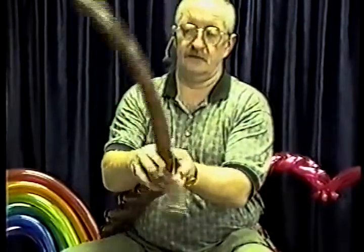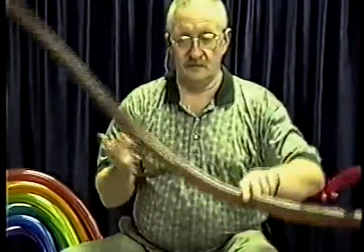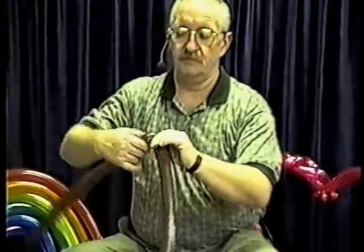Holding your hands close together, spin the tube like you would make a candy cane, all the way to the end, pinching and twisting so that you have bubbles fairly even. Hold one through the middle again. Set that aside. Taking another one, bringing it end to end, finding the halfway point at the bottom, pinch and